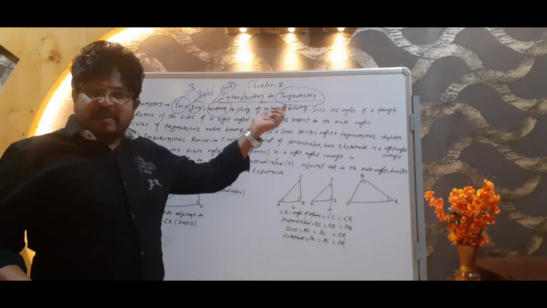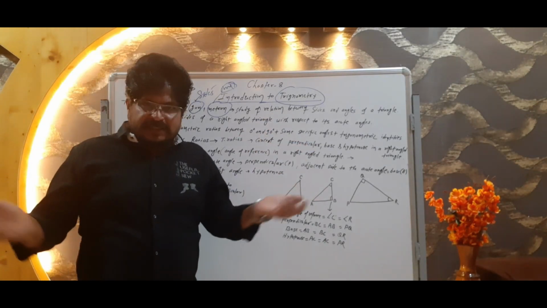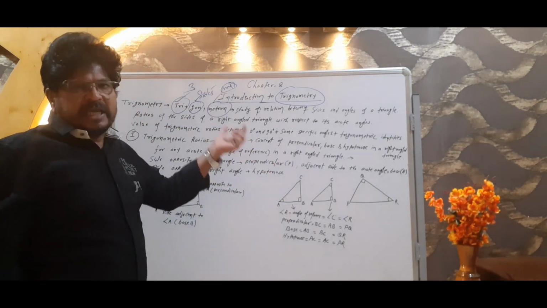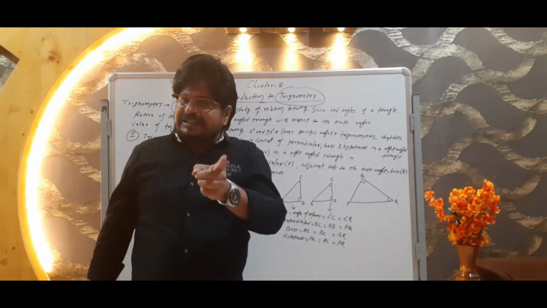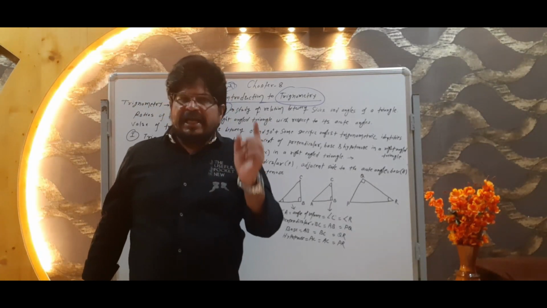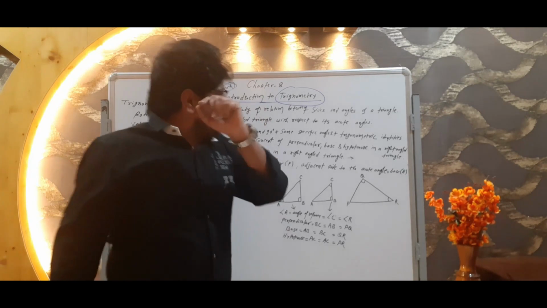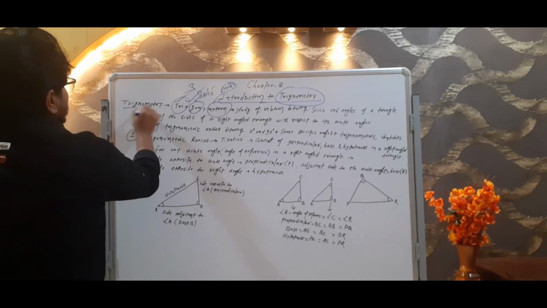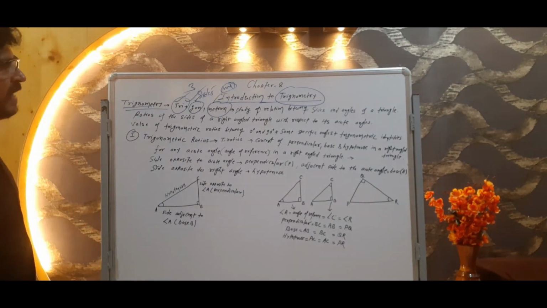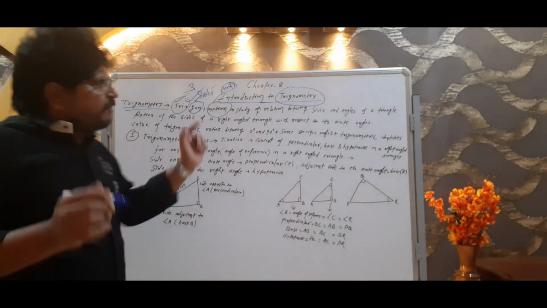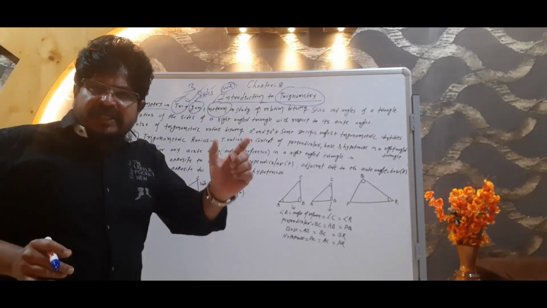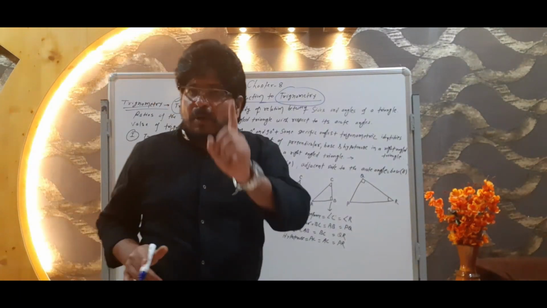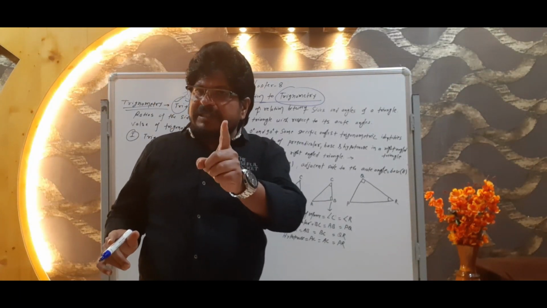Three side measurement means measurement of three sides. By this concept we can easily understand. Here we will pay our full attention to the three sides as well as three angles, and definitely you will understand each and everything. So what trigonometry means is clear. Now what will we study in this branch of mathematics? We will study the relation between sides and angles, and we will discuss everything about the triangle only.